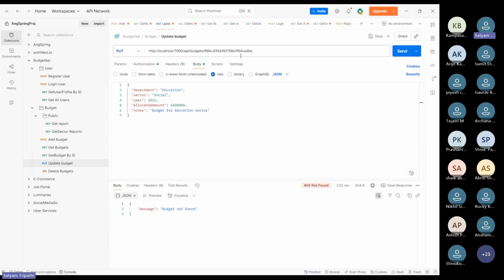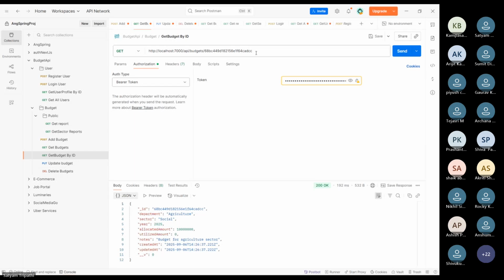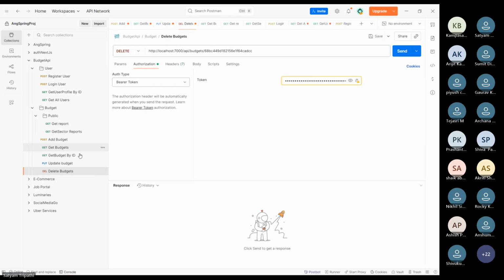Sorry, I guess the ID is wrong, so let me change the ID. Okay, let me show the delete function first.